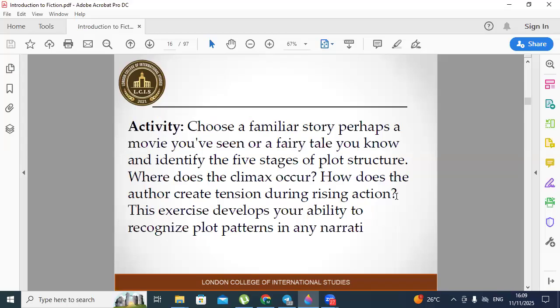Activity: plot structure exercise. Before we continue, here is an exercise to cement your understanding of plot structure. Choose a familiar story, perhaps a movie you've seen or a fairy tale you know, and identify the five stages of plot structure. Where does the climax occur? How does the author create tension during rising action? This exercise develops your ability to recognize plot patterns in any narration